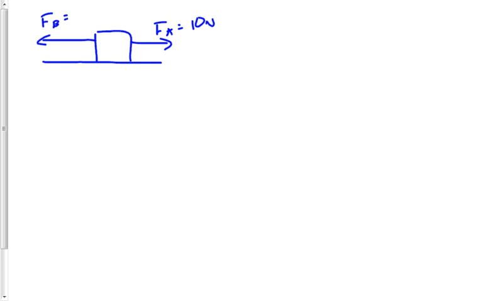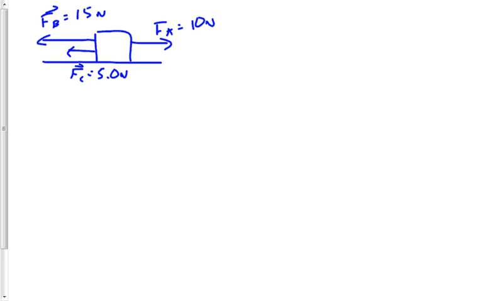Okay, that could be something as simple as this. Here's an object with a force pulling it this way. We'll call it FA, 10 newtons. Force pulling it this way, FB is 15 newtons. Another force pulling it this way, FC is 5 newtons. Okay, it could be something as simple as that